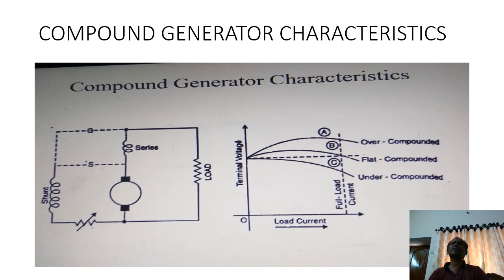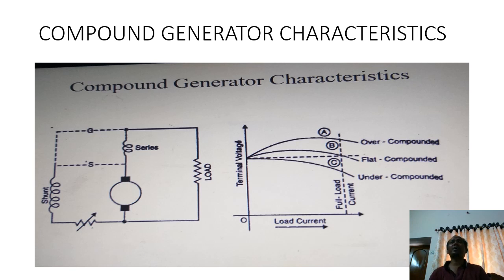When load is applied, due to the demagnetizing effect, there is an armature reaction drop. Initially under no load condition we have the cross magnetization, but the demagnetizing effect appears when load is connected. So due to the armature reaction drop, the generated voltage is reduced when we apply the load. Then you can say the type of characteristic is the internal characteristic.